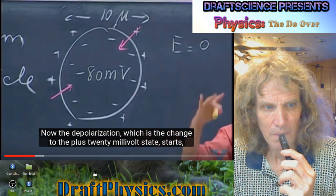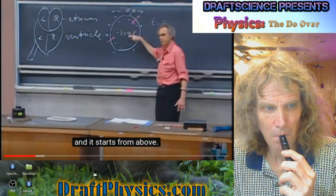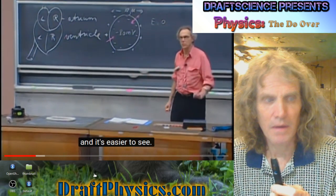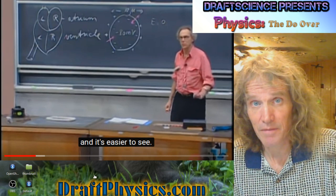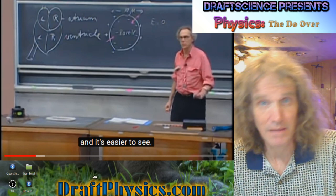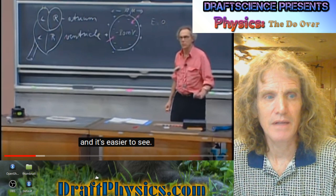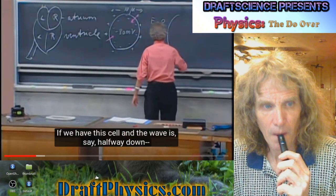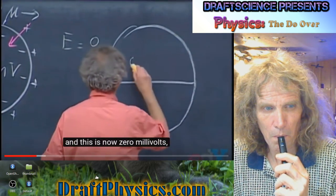Now the depolarization, which is the change to the plus 20 millivolt state, starts, and it starts from above. And I would assume now that it is not plus 20, but 0 millivolts, and it's easy to... Yeah, it's really just going from one level of positive to another level of positive. So it just goes from 80 to 20, not 80 to minus. It doesn't flip. It just depolarizes. To see. If we have this cell, and the wave is, say, halfway down, and this is now 0